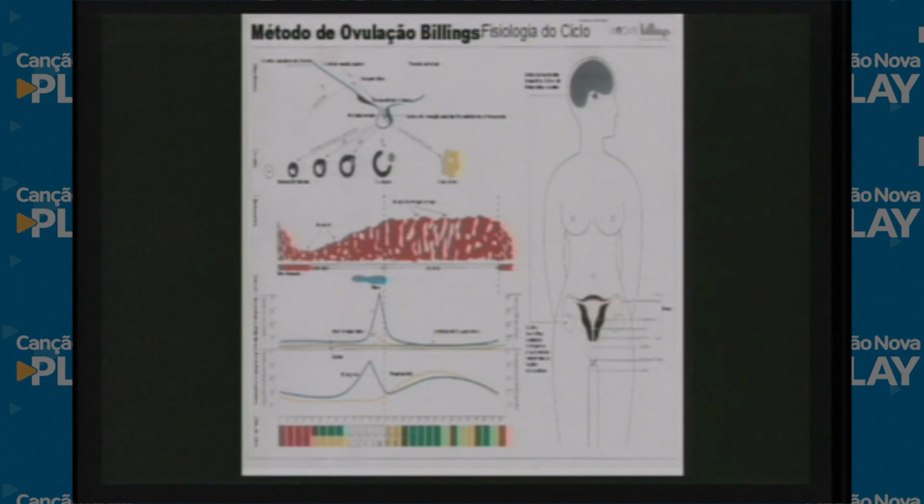Because in the previous cycle, the endometrium had built up and no pregnancy occurred. So menstruation is the shedding of the endometrium,